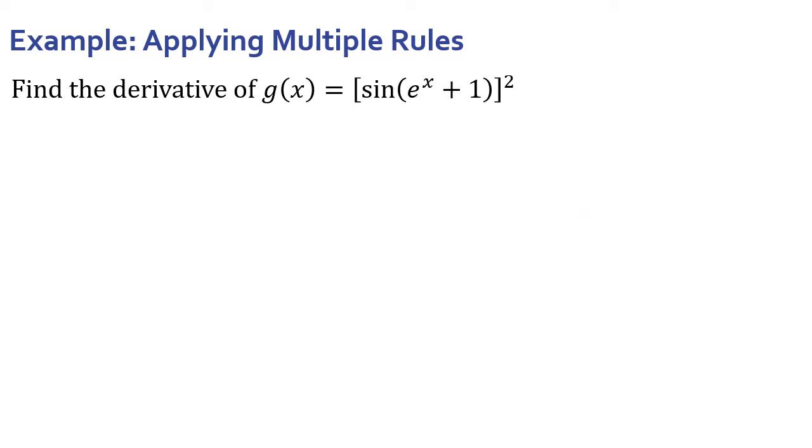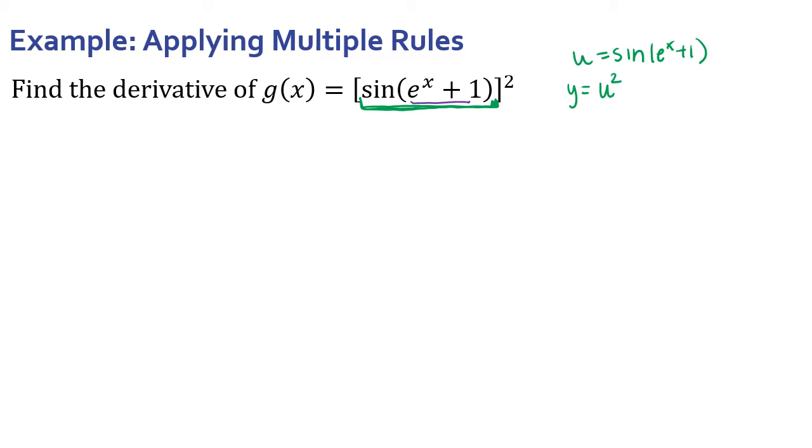All right, let's look at this last example. So I see, holy moly, I'm going to have multiple chain rules because I have this inside function and then I have this entire inside function. So let's start with having this be our entire inside function, and then we'll have to go from there because it's the first one I see, the biggest one. So if this is our inside, so sine of e to the x plus 1, and this is our outside,